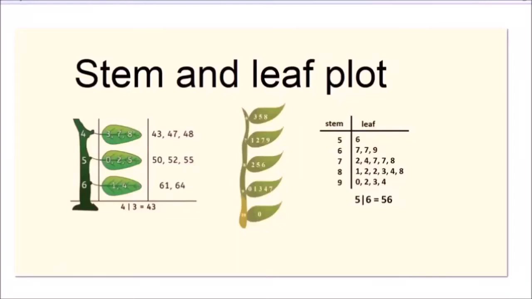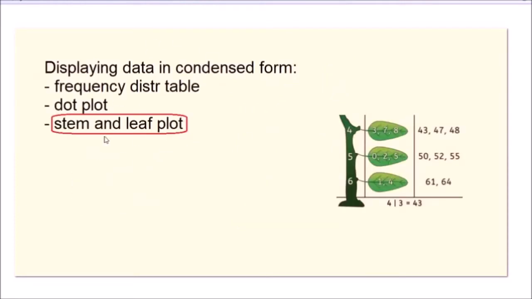Today we're going to talk about stem and leaf plot. As you see, it's a convenient way to summarize some data which is not extremely large. Generally, stem and leaf plot is one of several ways of displaying raw data in a relatively condensed form. Some other ways include the frequency distribution tables, dot plots, and today we're going to talk about stem and leaf